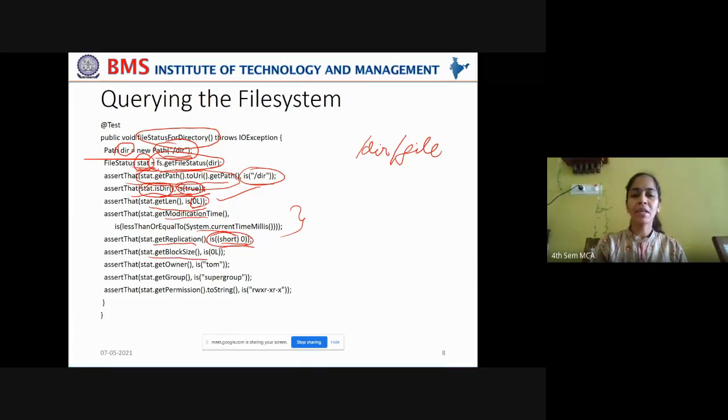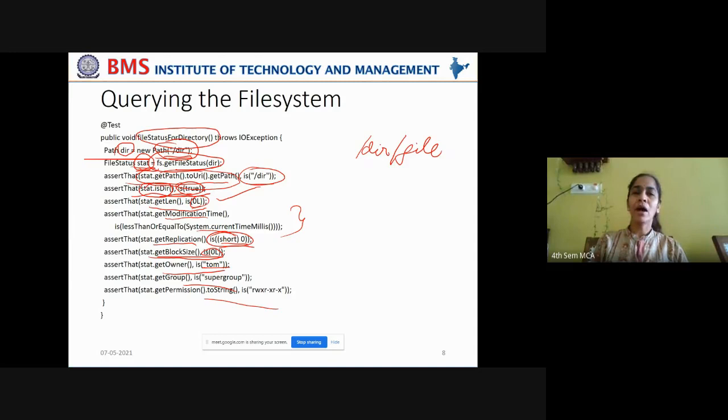Next, get the block size. Block size also for a directory, you are not storing any data. So it is 0. Get the owner, yes. The owner of the file and the owner of the directory also, almost they'll be the same. So you're tallying with the owner, you're tallying with the group, and you're tallying with the permissions that are granted for that directory.